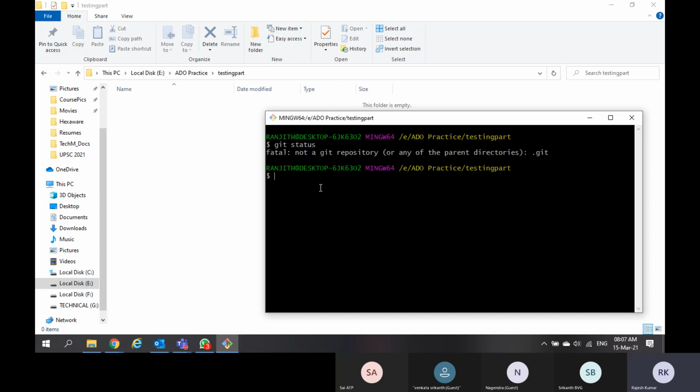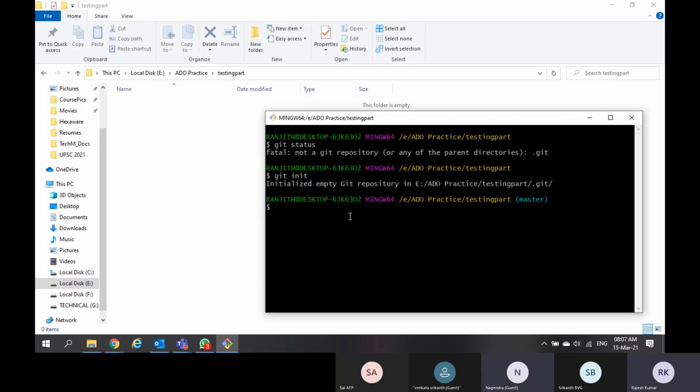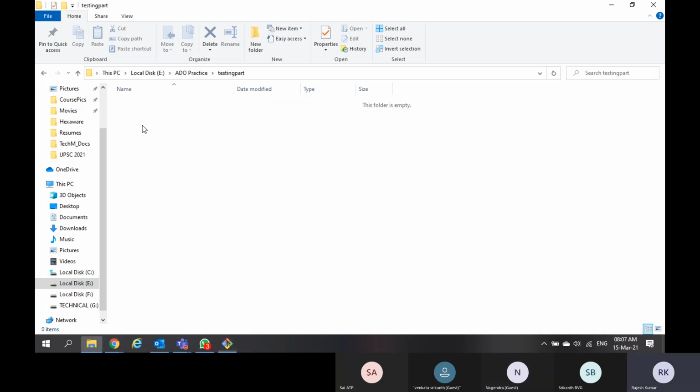It will show you this is not a Git repository. So when it says not a Git repository, you need to initialize the Git repository. So git init. I initialized the Git repository, but I have only initialized it. I have not added any code here. If you add code, that is nothing but your code will be here only. But if you want to have the code in Azure Repos, then you need to push this code to Azure Repos.